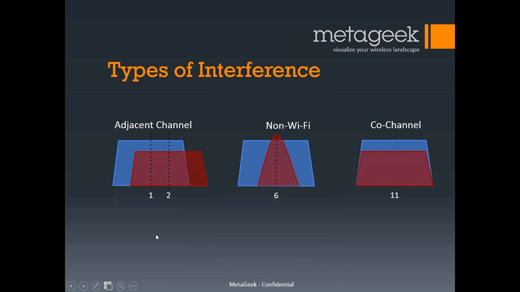So with the types of interference, just the general types of interference that you'll find in Wi-Fi, there's three main categories. Adjacent channel, this is where I'm on channel 1, and there's another network that's on channel 2. What that would be analogous to is if I'm speaking to you right now in English, and we're having a direct back and forth conversation, and someone were to come in and sit right next to us and begin speaking to someone else, but they're speaking in, say, Spanish,